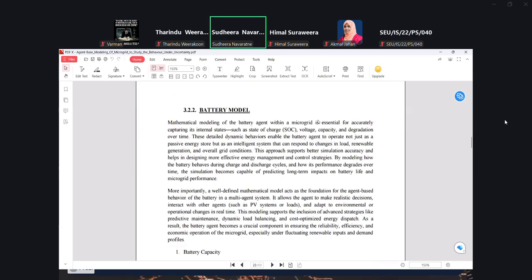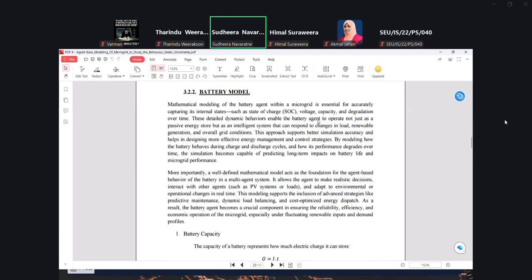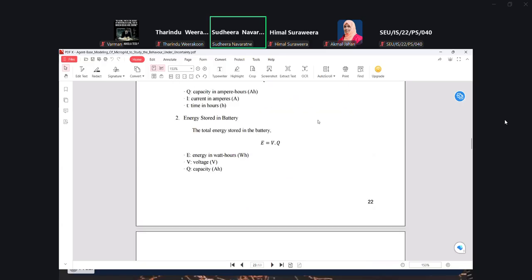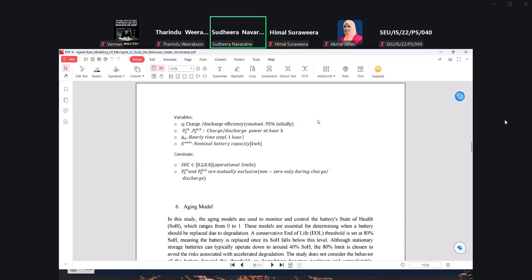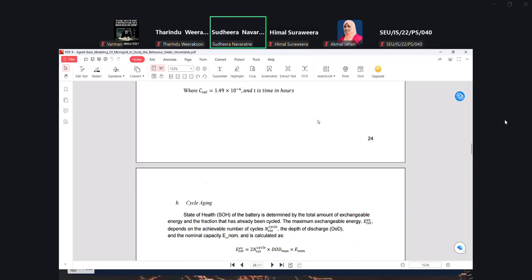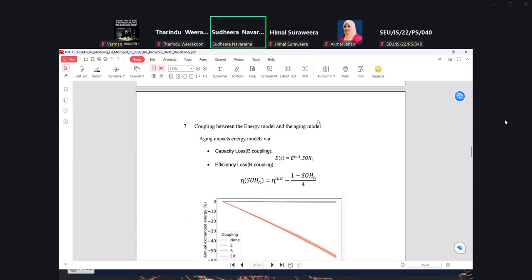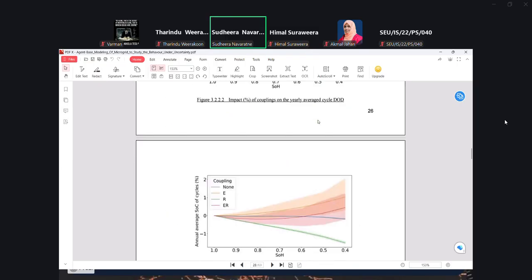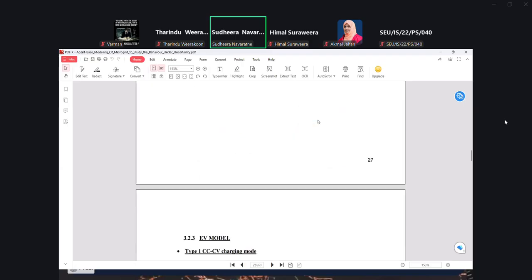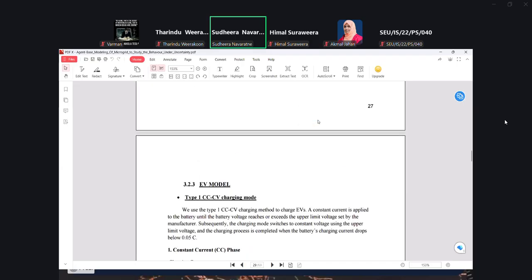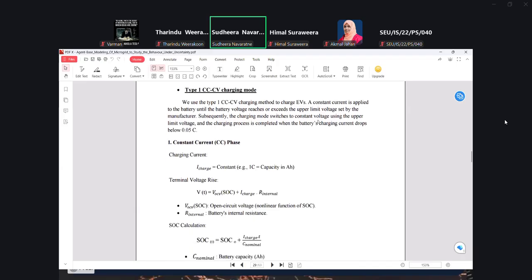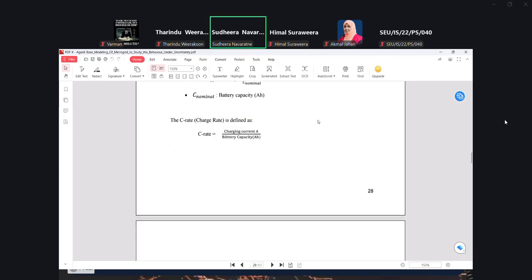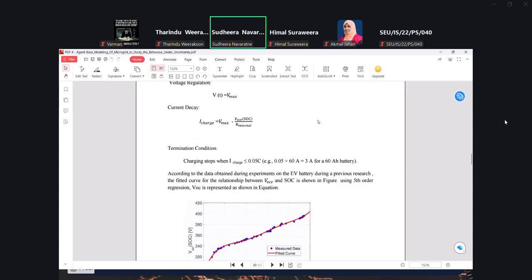And then the other agents, the battery agents, so you can derive the corresponding equation. You can analyze the behavior of the battery, how the state of charge varies, and so on, and the electric vehicle model, which I will talk about in detail later.